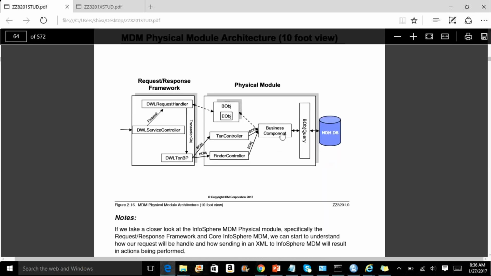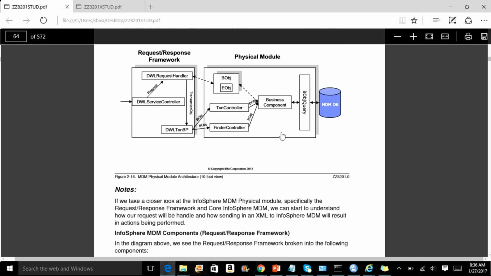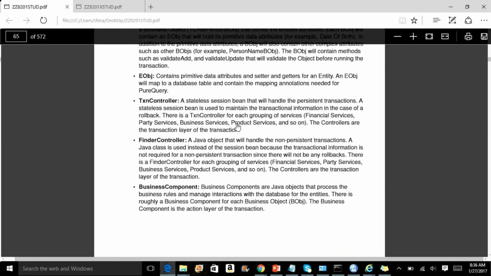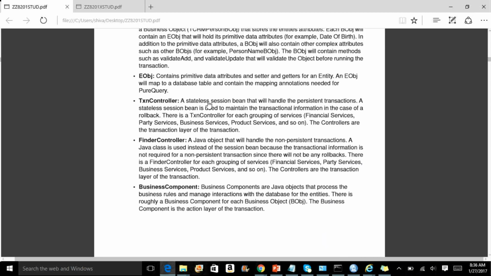Okay. Then we have the business component. One difference between the transaction controller and the finder controller is that the transaction controller is a stateless session bean. That is because it's a persistent transaction, right? At any point of time, if a particular transaction fails, then we have to roll back that particular transaction. So that's why the transaction controller is a stateless session bean, wherein